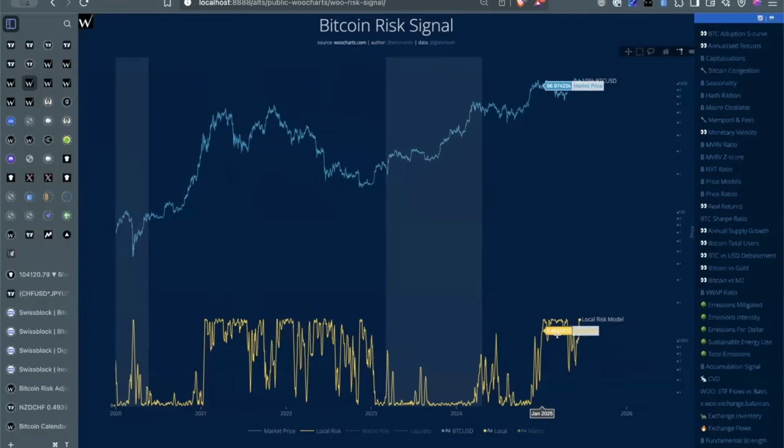And where we are now is we're in late cycle, confirming what Henrik is saying, is that the liquidity is not there. The buy side of liquidity is not there compared to like early in the cycle here. So the risk is climbing. It doesn't mean we're at the top. It just means the countdown timer has started.